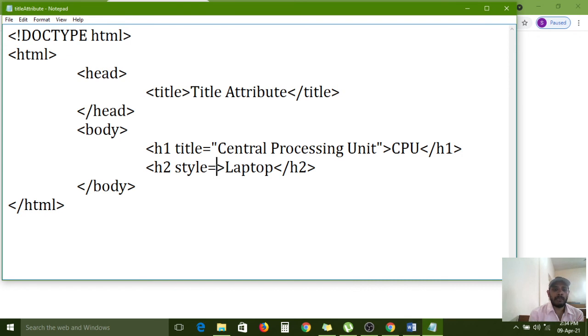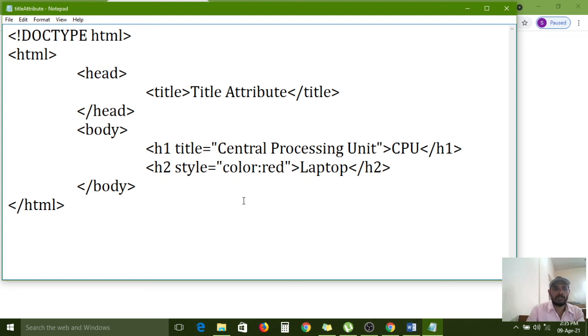Here the particular element is H2. Wherever I have configured the style attribute in an element, it provides that functionality. If I configure it in H1, that functionality is available to H1 also. So here, style equals opening quote and closing quote, and color colon red, I am configuring.